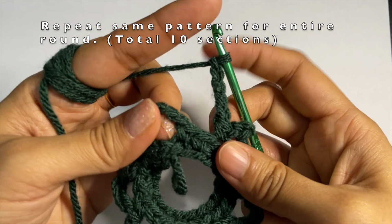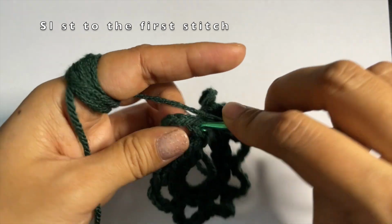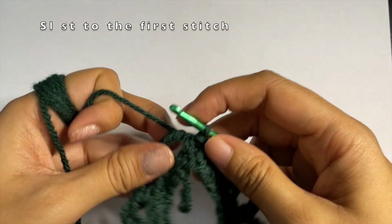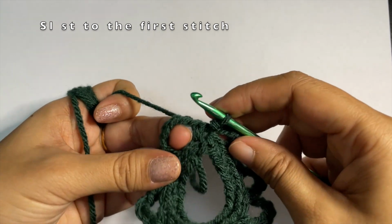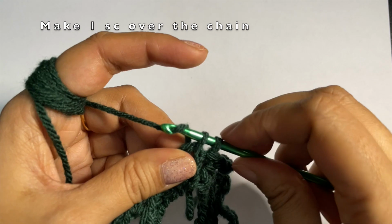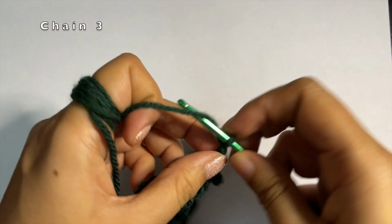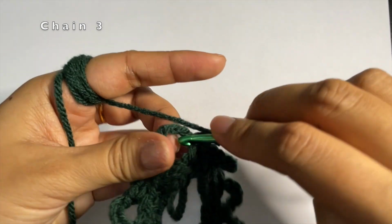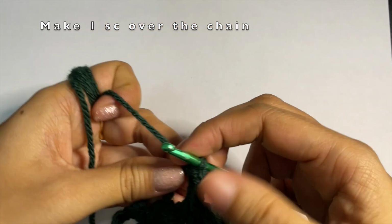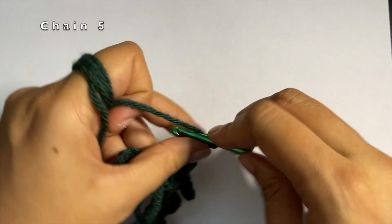So we're making a chain of 5 for the last section, and after that we are going to slip stitch it to the base of the first chain. After that we are going to work in the first section. We are going to make one single crochet over the chain of 5, then make a chain of 3, then again make one single crochet over the chain, then make a chain of 5